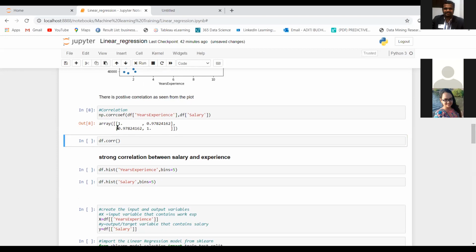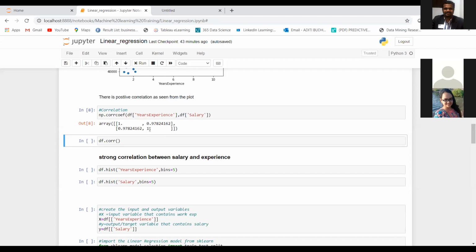The 1 is the correlation of years of experience with years of experience, so obviously it should be 1, because it is the correlation of the same variable with itself. Similarly, this is salary versus salary.